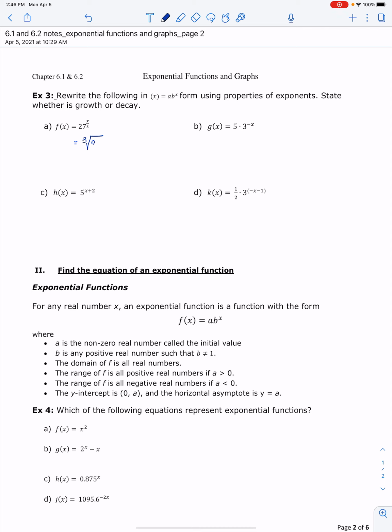This can be written as the cube root of 27 to the x. Keep in mind that I can view this as 27 to the x to the 1/3, which is how I've written it there, or 27 to the 1/3 to the x, which might be a little more useful. So I'm going to rewrite this as the cube root of 27, all to the x power, which makes this 3 to the x. Because our base is greater than 1, this is a growth